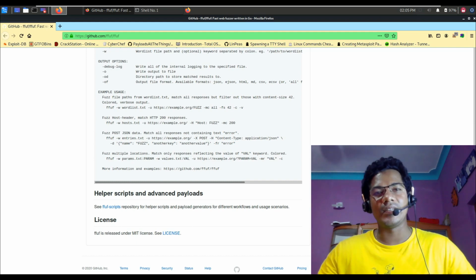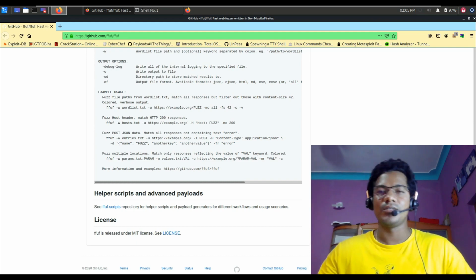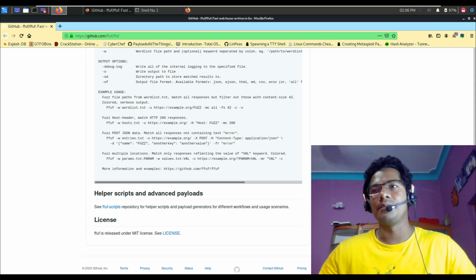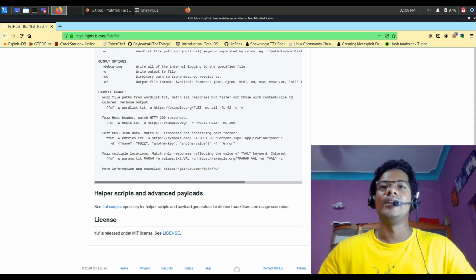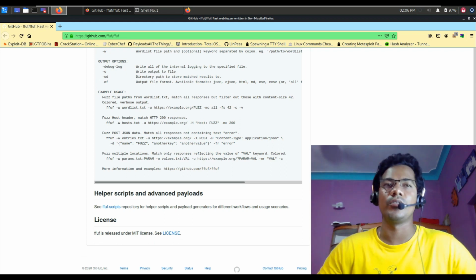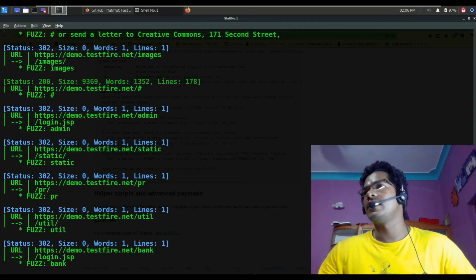Now I'm not restricting you to only web applications, but you can fetch for any other interesting output also. Now I'm going to share one simple command which will basically create the output in JSON format, which can be used with your Burp Suite also. So let's go ahead and try that.